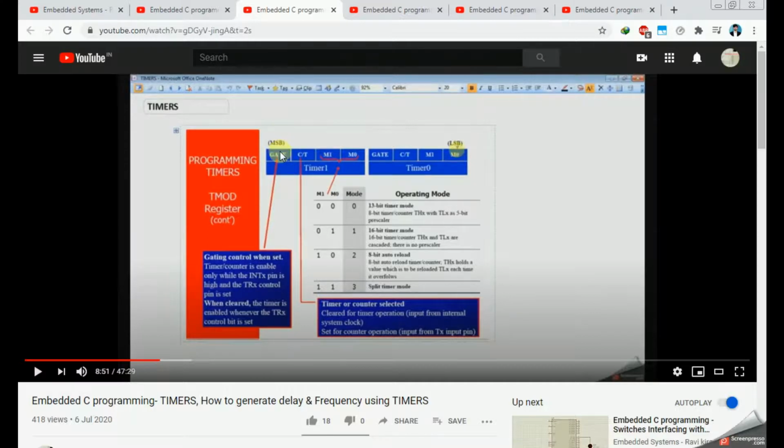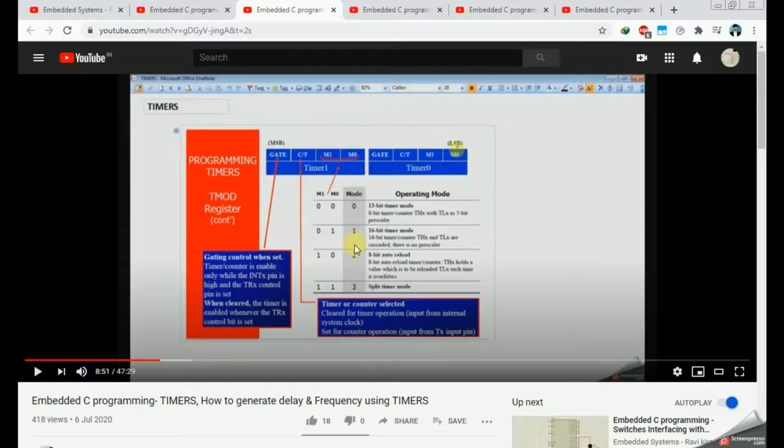If gate is 1, that means it is the external method to start or stop the counter. And there are two bits here, M0, M1, which decide the mode. As we discussed in timers program, even the counter also uses these modes, that means whether we can select 8-bit or 16-bit or any other mode. Mostly we use 8 or 16-bit modes here, even in counter also.